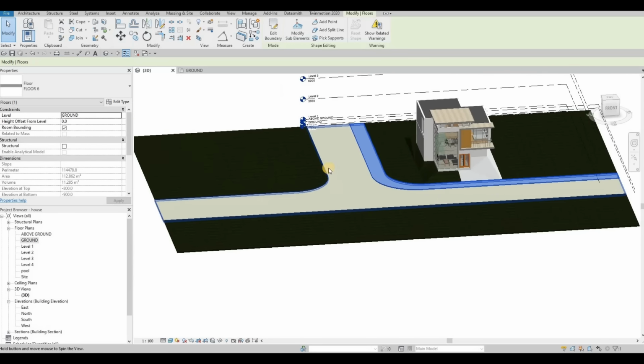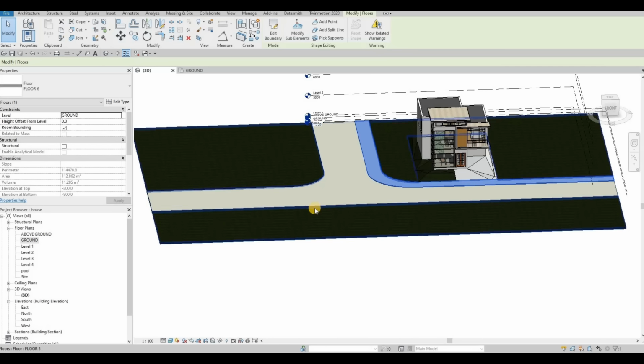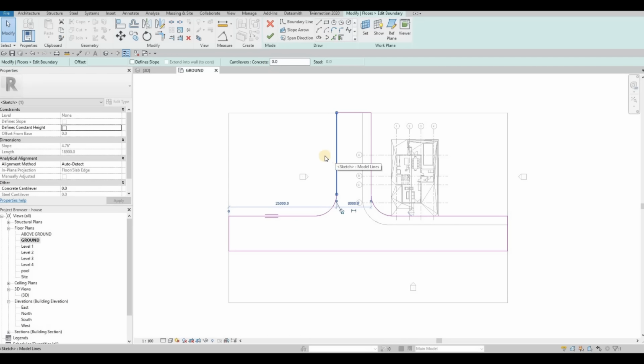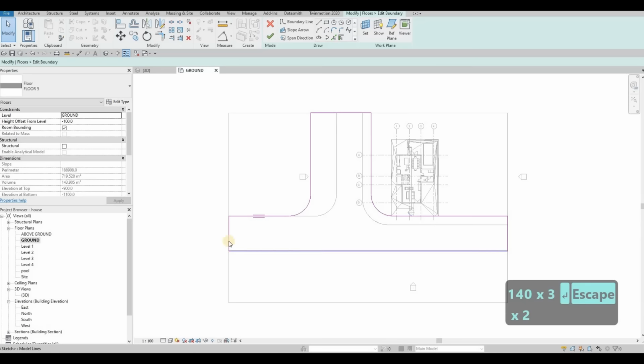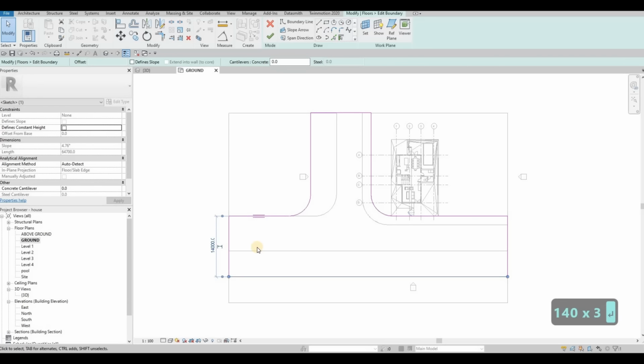But now what I want to do, because we're going to add another sidewalk right here, and then here we need to extend this one a bit. Let's go to ground, and then we could increase this. So here, let's make this one 14,000, and then we're going to make this one consistent with the other side. There we go,